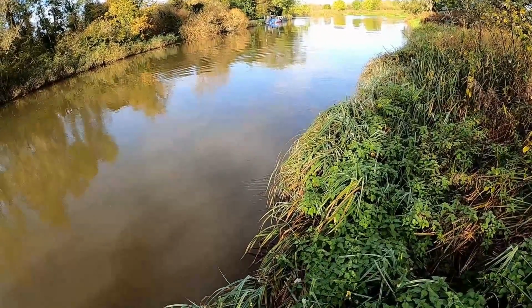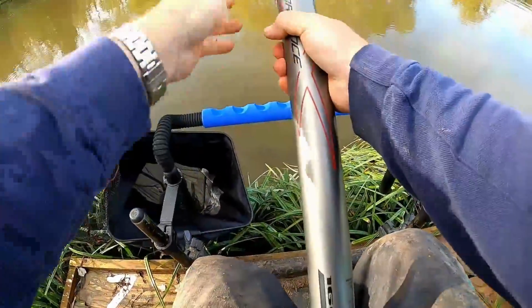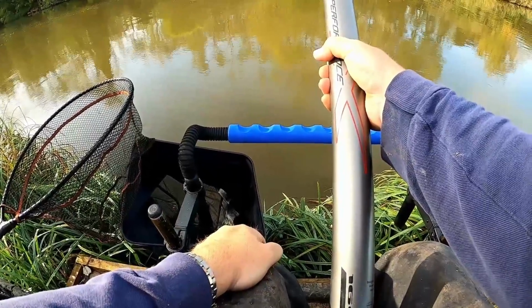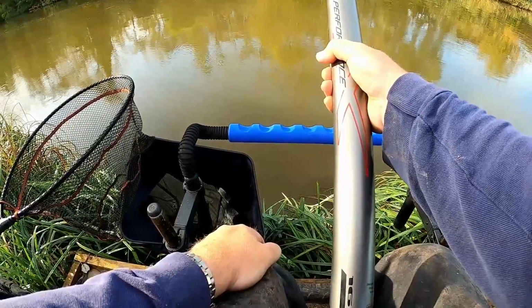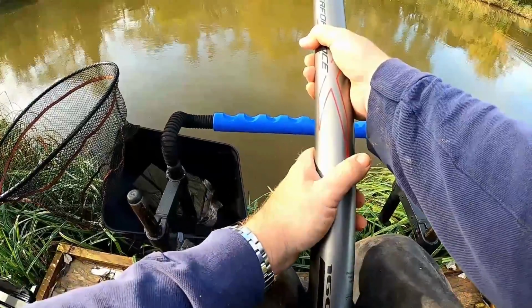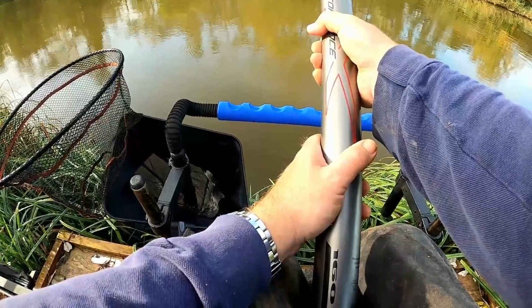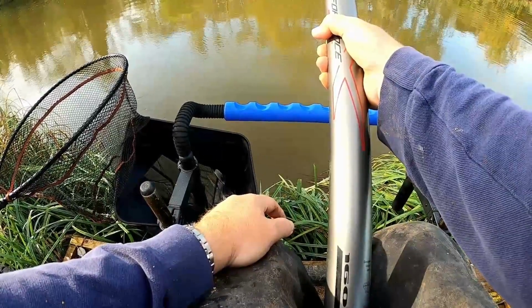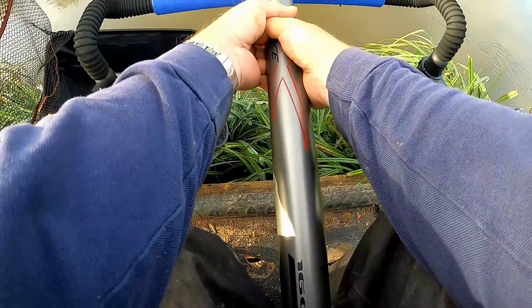Okay, we're rocking. Right, here we go. First chuck-in ever of a pole feeder. I've got black hydro to 8-pound ST line. I've got 4 gripper stops, just to hold still, a piece of pink hydro with a D in the line. I've got a bristle from Caruso, down to a 55 gram feeder from Preston, and I've got a size 18 on an 013 hook length, and I'm going to drop it in now. That's my first drop in, and hopefully